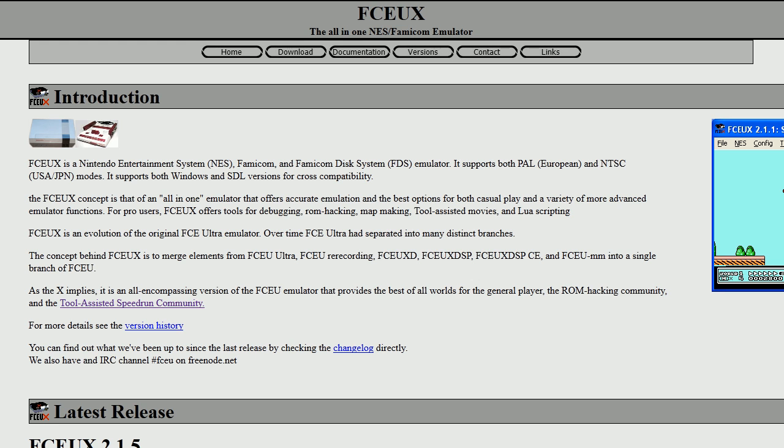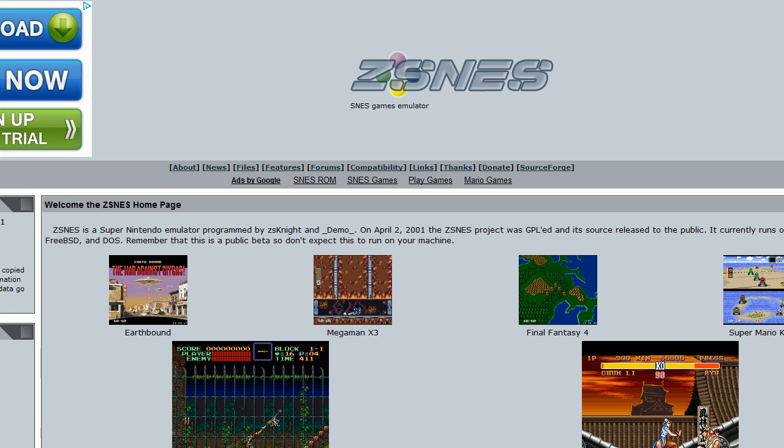Next up, what emulators do you use? For Nintendo, FCEU. Apparently it has an X on it now. It's awesome. That's the best one. I used to use Nesticle back in the day, but that's because it was really the only one that worked for everything. Since FCEU came around, I started using it. For Super Nintendo, ZSNES, it's the best, bar nothing. No real discussion on this one. Some people swear by SNES 9X, but it's not as good. ZSNES is the best one. Even though it's not the, quote, prettiest, it runs the games the best.